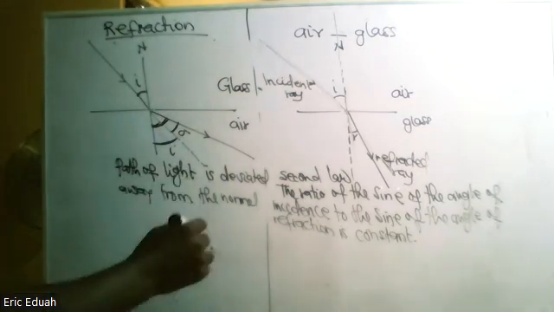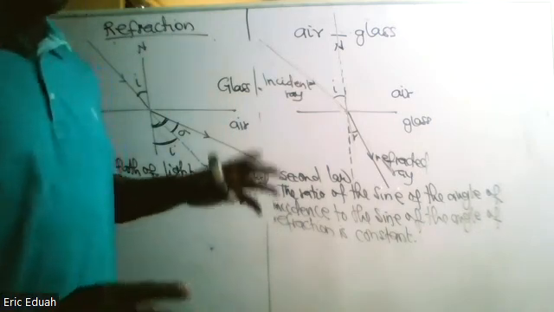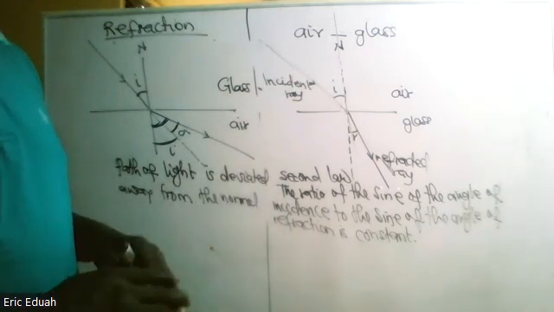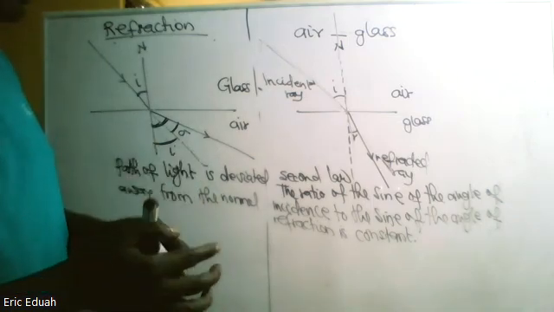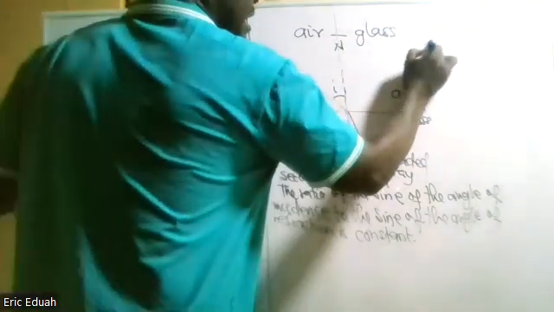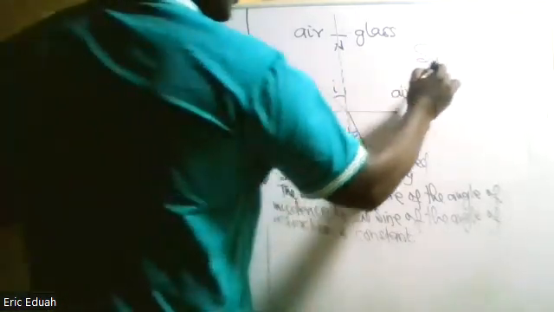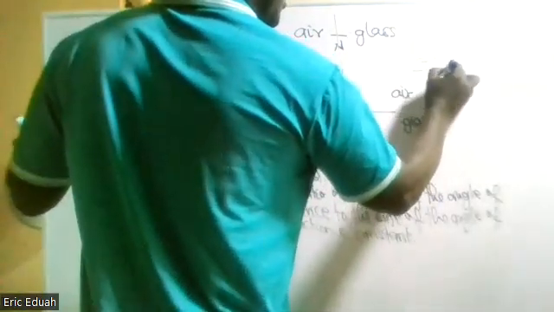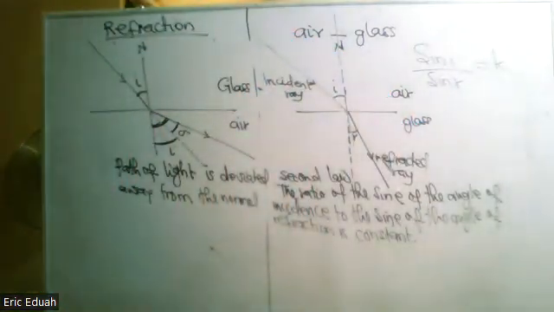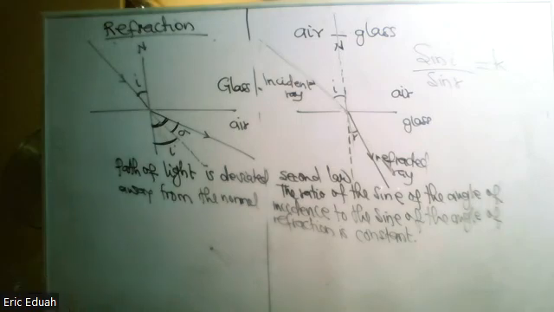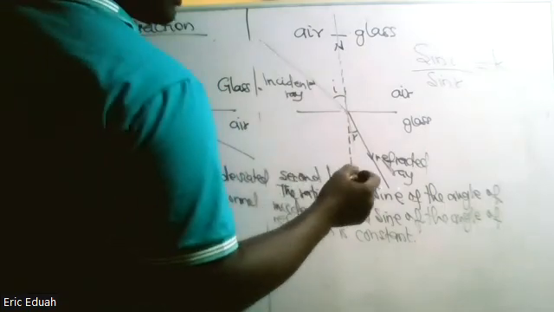So this law is saying that whenever light travels between two different media of different optical densities, then the ratio of the sine of the angle of incidence to the sine of the angle of refraction is equal to a constant. Okay. And this law is what we famously call as,